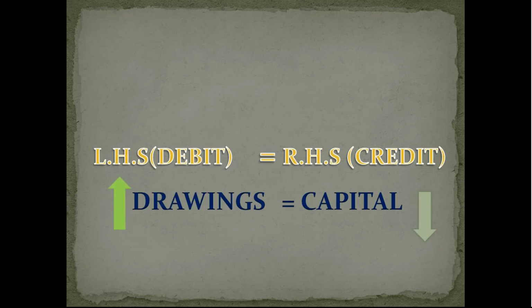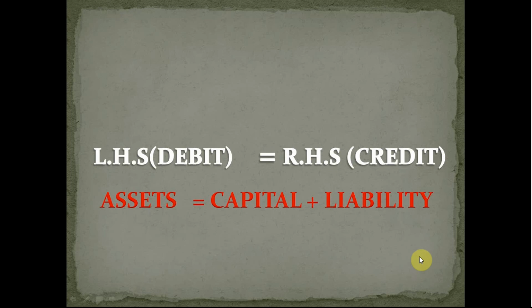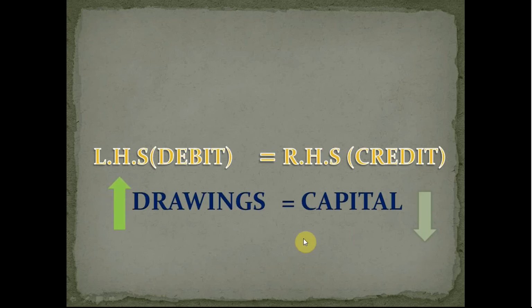Moving ahead, we have learned in my earlier videos that drawing is a reduction in the capital account. That is, with an increase in drawings, capital would reduce. A reduction of capital, we learned just now, is debited. Thus, drawings is debited when it is increased. So this was some basic concepts about the asset,